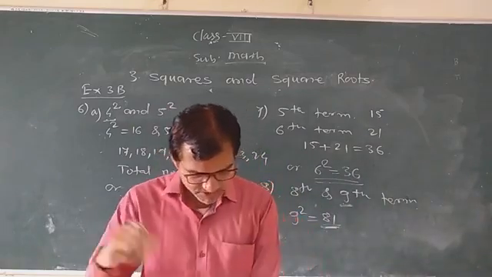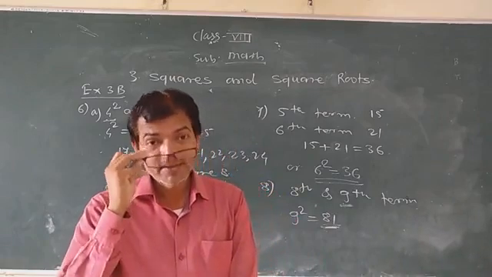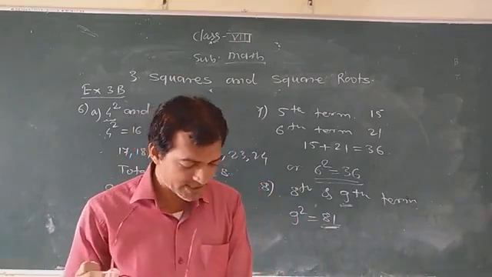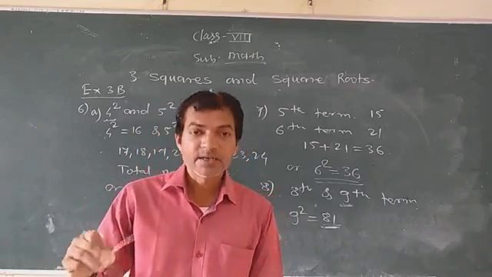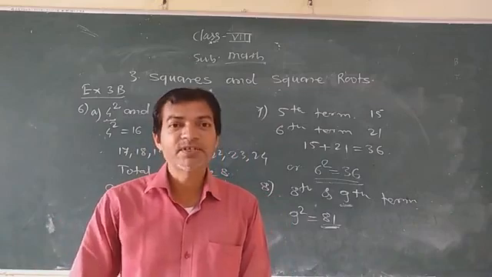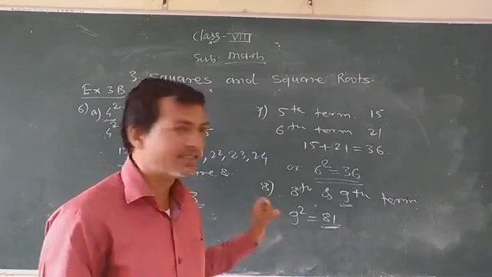Can you tell me question B? 13th and 14th triangular number. What you have to do here is square the greatest number, that is the 14th term. 14 square means 14 14s are 196. So 196 is the answer.